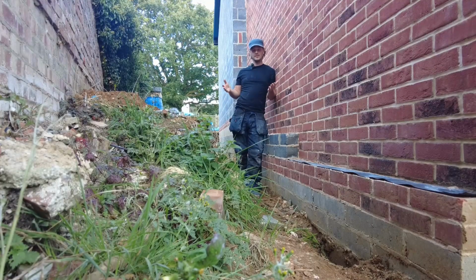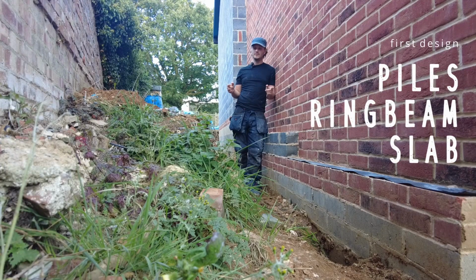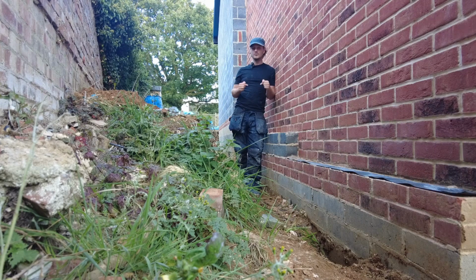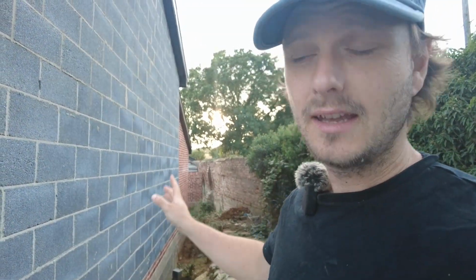So this all relates to this wall and the foundation redesign, going from piles to a block and beam system, and giving free rein to my contractor, who allegedly is a specialist ground worker. Now I dug a little bit of that out because I needed to send pictures and information to a structural waterproofing company, because I wanted to know from their technical department what product I needed to use there